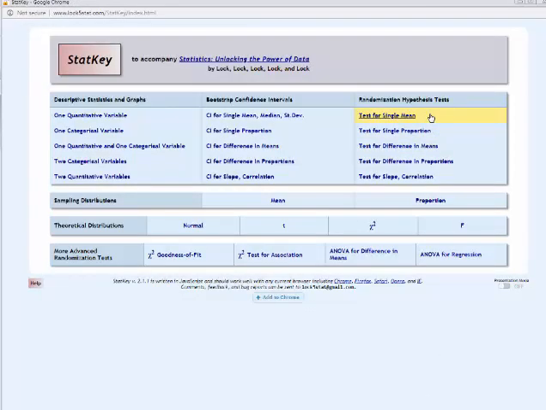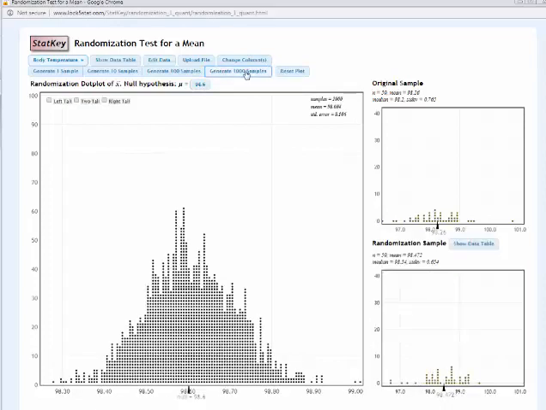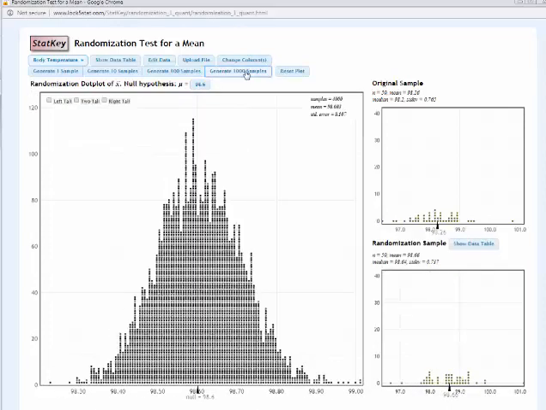And then the last one was for the hypothesis test, the randomization distribution. If you're doing a test for a single mean, so for the randomization distribution, we're testing a hypothesis, and here we can set the null hypothesis. So if the assumption is 98.6, and I'm generating 1,000 samples, what this does is it